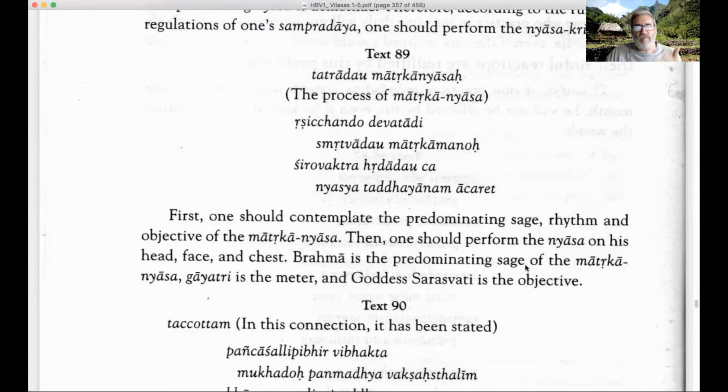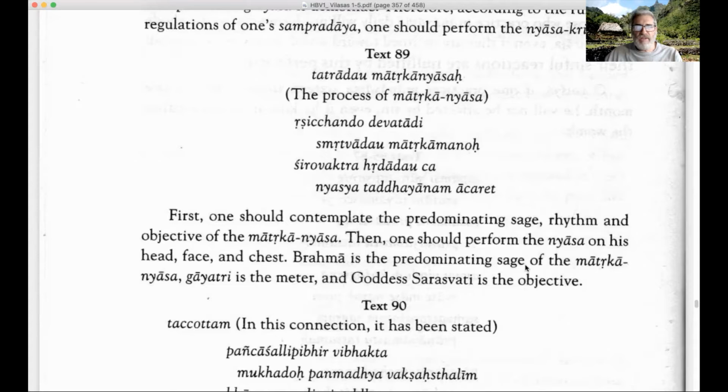Therefore we should propitiate these expansions of the goddess Saraswati, and pray to her to give us the power of the mantra, because to chant the mantra properly, we have to be able to chant properly each and every letter. Okay.